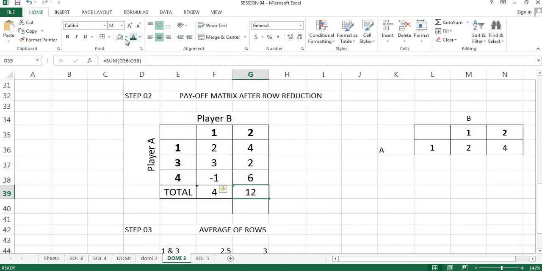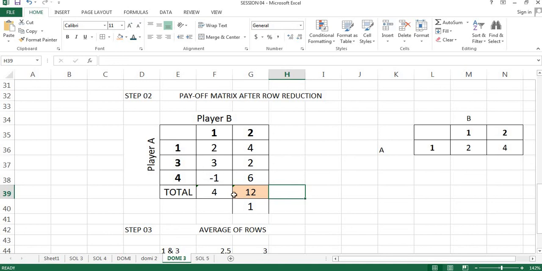So the highest is 12, because always for columns the highest value. This is my first selection. 4 is greater than 2, 2 is less than 3, 6 is greater than minus 1, not possible. So there is a combination of lesser than and greater than. It is only 2 columns we have. Because of only 2 columns, we can't compare to others. Then we go with the next step, taking the average.